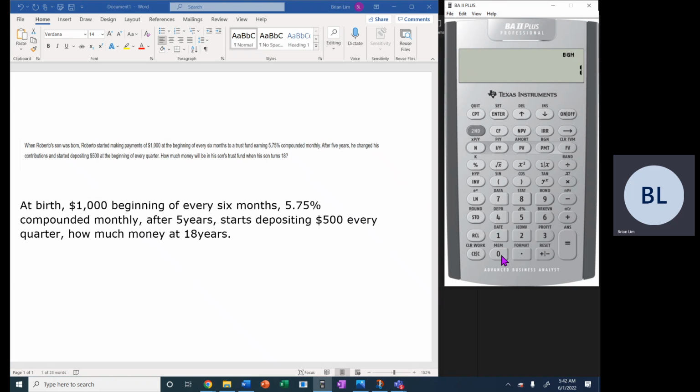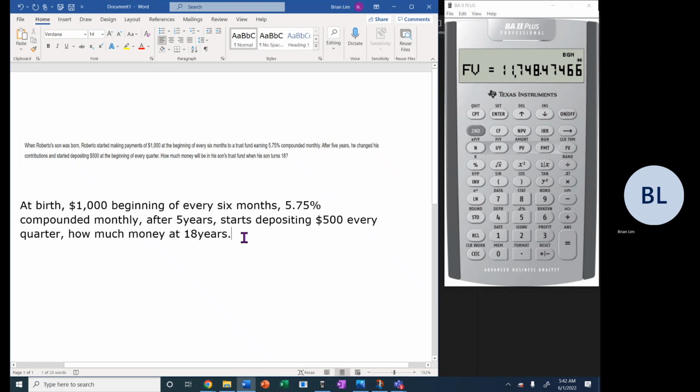So $1,000, right? You put it in as negative because you're making payment. Now we want to compute the future value. That is the future value, $7,748